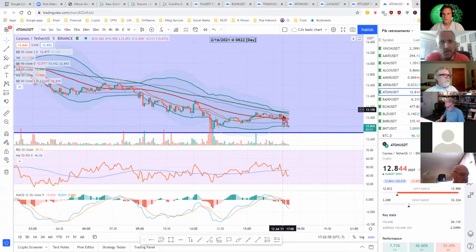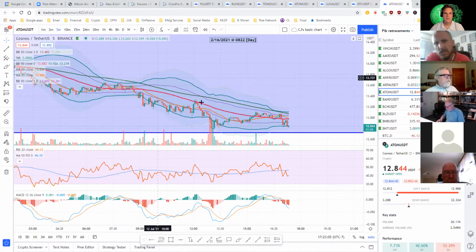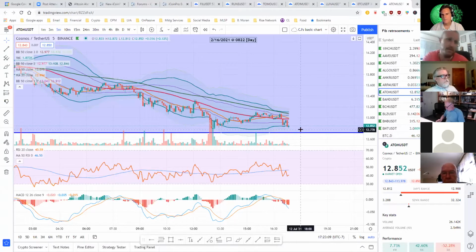looks like it's squeezing and dipping. We usually want to see a squeeze and then a bubble. We don't have a bubble yet here on a squeeze trade, but this might be one to watch to see if it does something like this. And